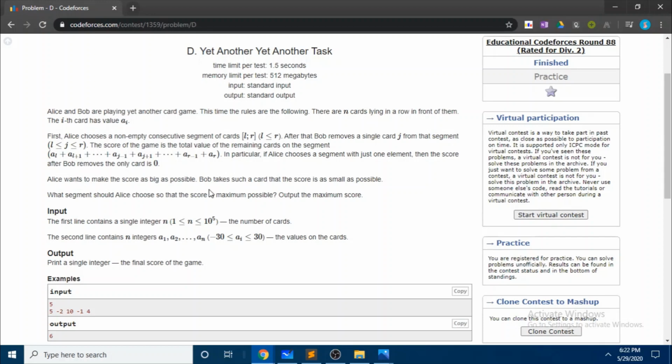At the same time, Bob will make Alice's score as small as possible by removing the jth element. What this states is that indirectly he will choose the maximum element from the segment chosen by Alice in order to make her score as small as possible. We need to print the maximum possible score of Alice.